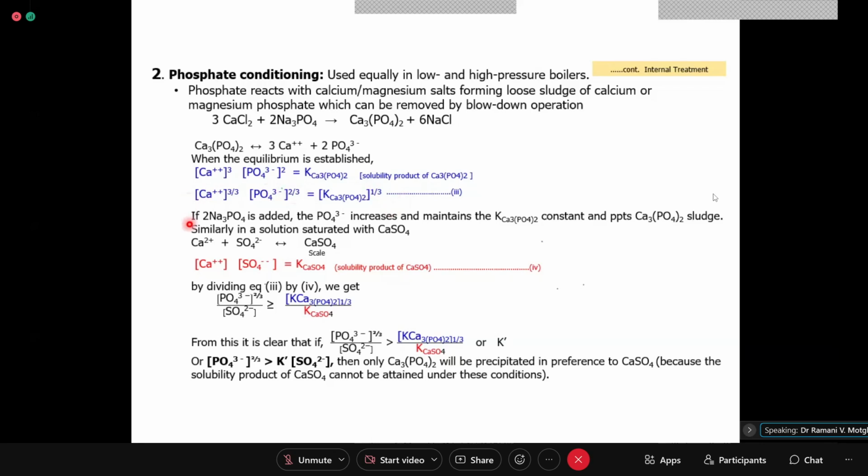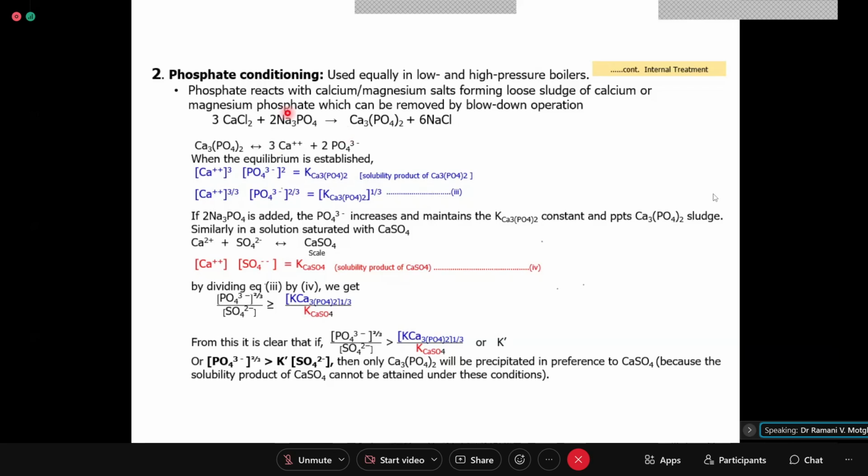Now consider if sodium phosphate is added: the phosphate ion concentration increases and maintains the Ksp of calcium phosphate constant, and it precipitates as calcium phosphate sludge. Similarly, in a solution saturated with calcium sulfate, the Ksp of calcium sulfate is also in play. Now when both are there,